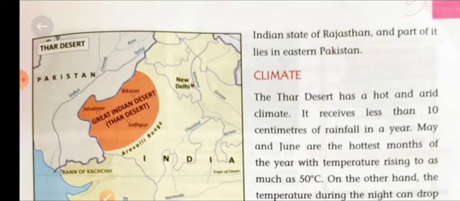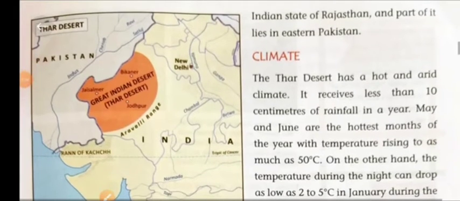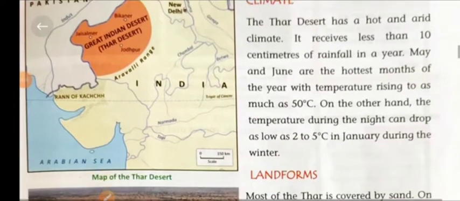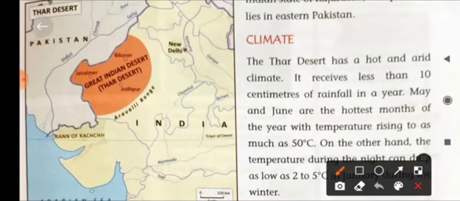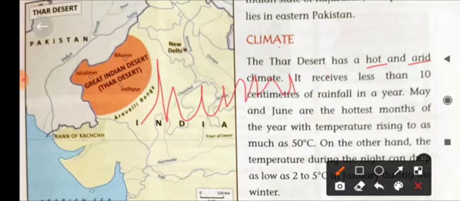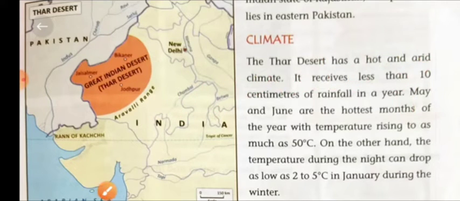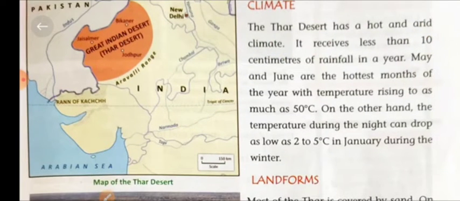Okay, so next, climate. The Thar Desert has a hot and arid climate. This region is hot and arid. Arid means a region which has no humidity at all. Why is humidity zero here? Why does this region have zero humidity? Because this region is